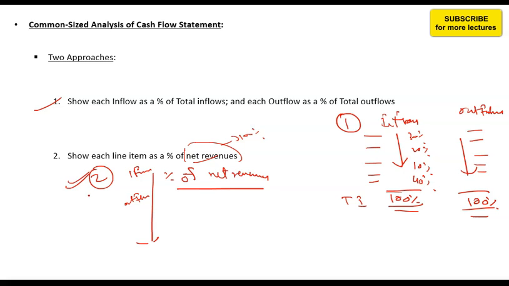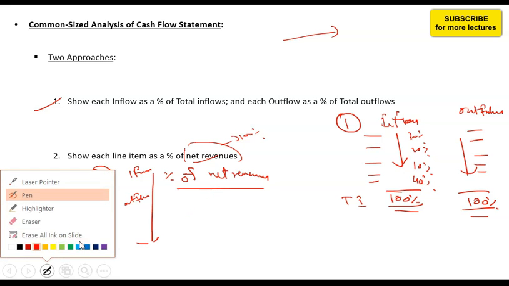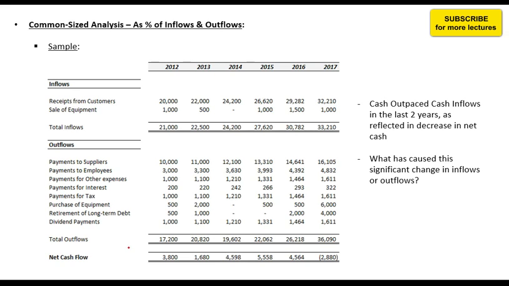This method is usually useful in forecasting as well. Why? Because sales are the core driver of the business and usually everything is linked to the sales. So this makes it easier for you to forecast because you would know how much cash would be required for what amount of sales, or how much cash would come in with what amount of sales. So these are the two primary methods. Let's discuss these one by one.